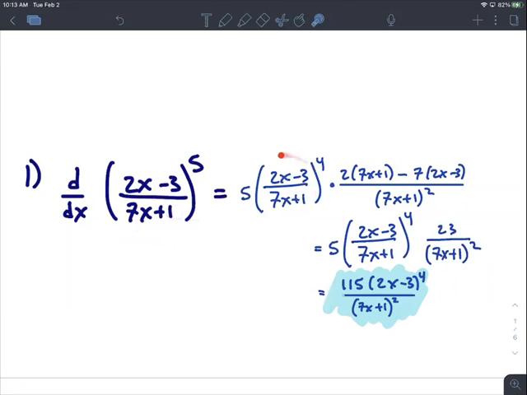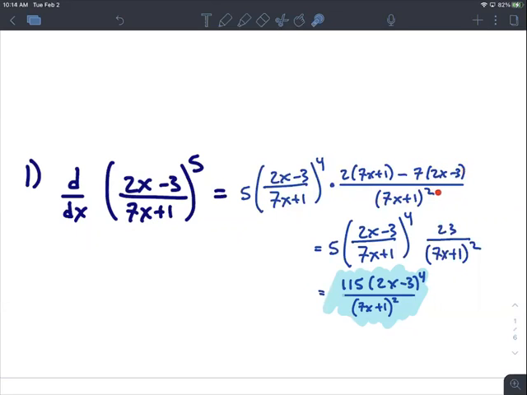Okay, so you can see the power rule is being applied here where the 5 is coming out to the front. We're subtracting 1 away from the 4. This is like the derivative of the mama with the baby inside, right? And then the derivative of the baby on the outside. So basically, I just kept everything in here exactly the same, 2x minus 3 over 7x plus 1. And then we multiplied by the derivative of the inside, which is the derivative of the numerator first, which is how I got that 2, times the denominator 7x plus 1. And then subtract the derivative of the denominator, which is 7, times the numerator, which is 2x minus 3, over